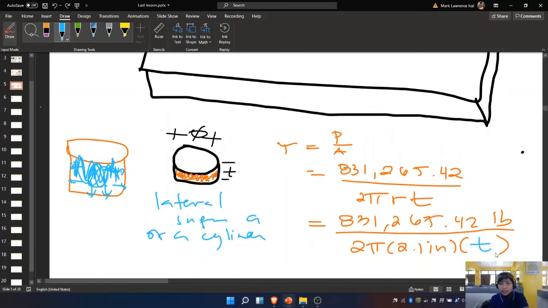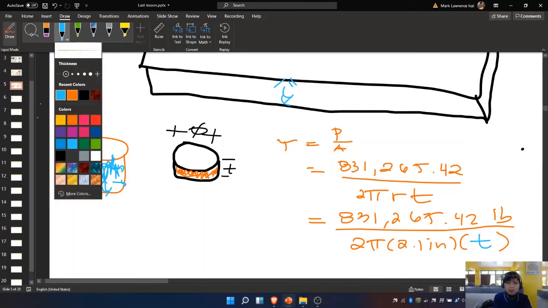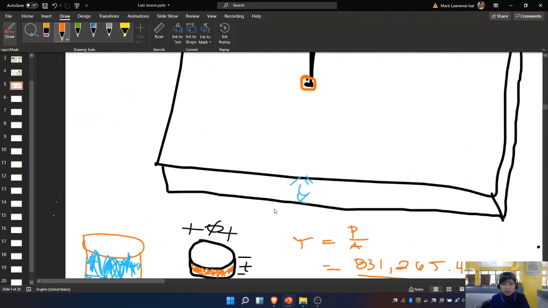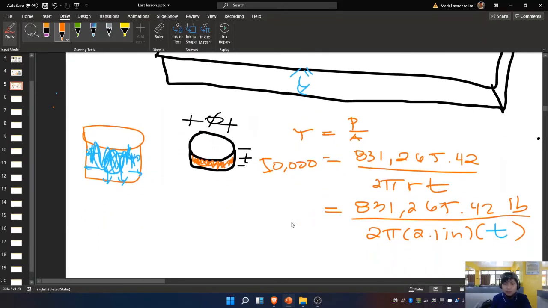Now, ang kinakalculate natin dito yung thickness ng mismong steel. Ito, yung thickness na yan. Yan, thickness. Yan ang kinakalculate natin. So, given na yung y kanina, yung tau, ang tau na yan ay, ano yan? 50 ba yan? 50? Oh yeah, 50 KSI. That is basically 50,000. No? 50,000 pound per inch squared. Okay?